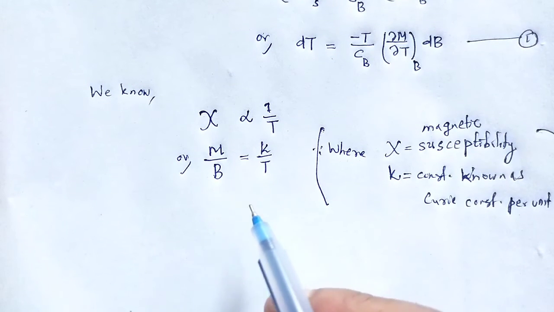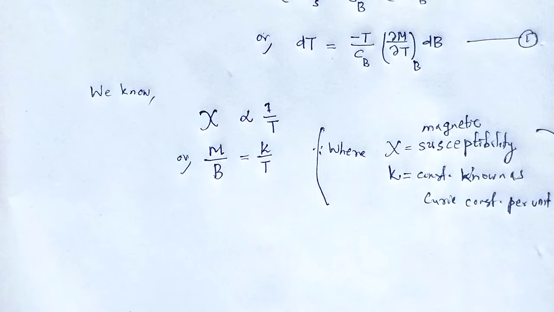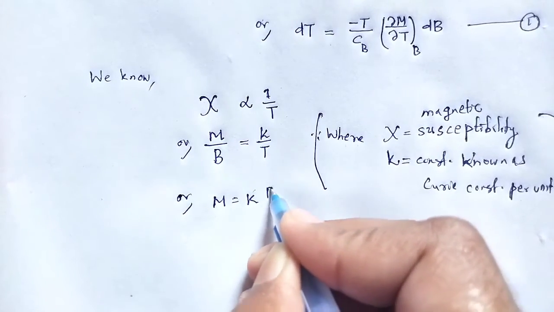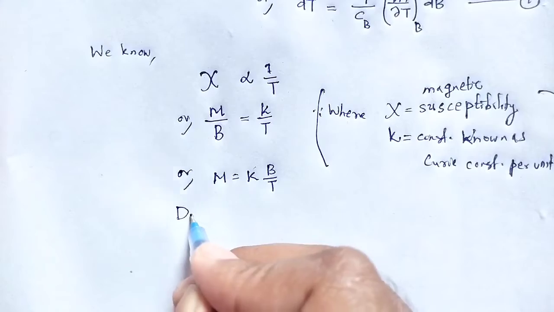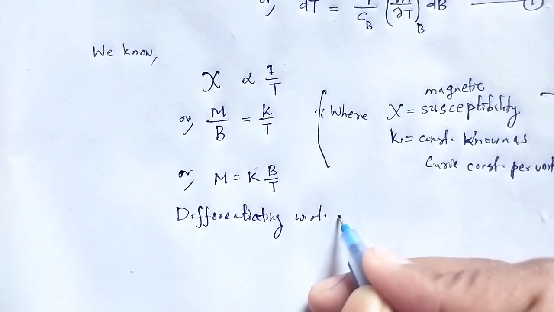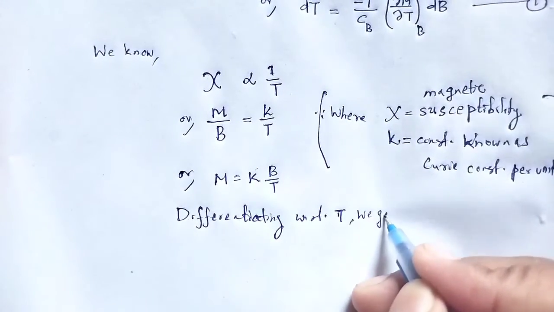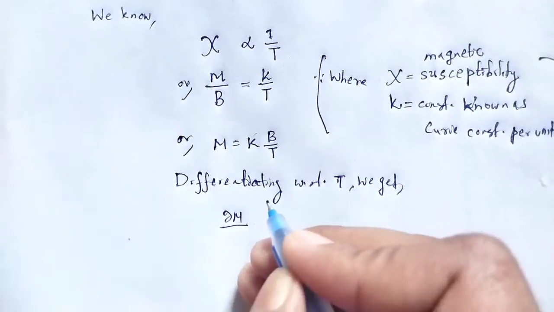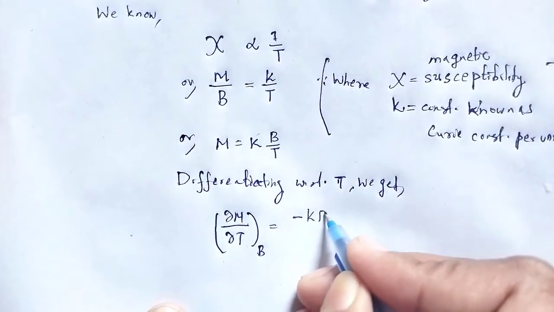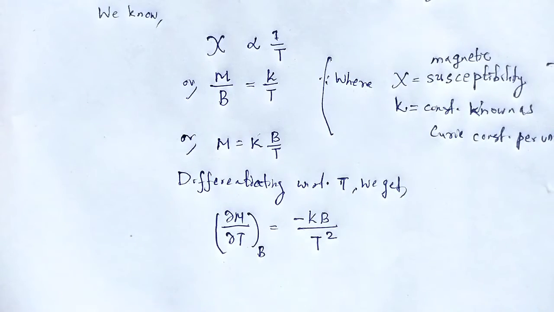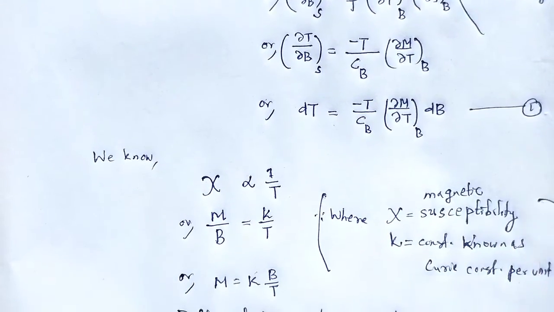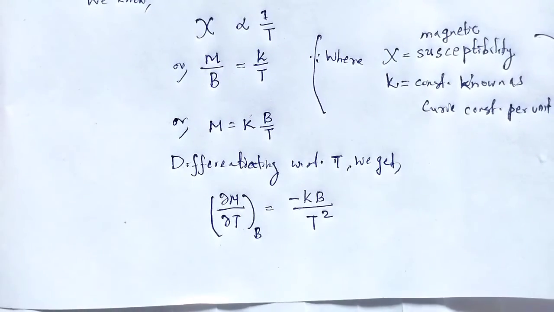Now differentiating with respect to T, what do we get? So it will be M is equal to K times B by T. Now differentiating this with respect to temperature, we get del M by del T, taking B as constant, equal to minus KB by T square. Now putting this value of del M by del T in equation number 1,